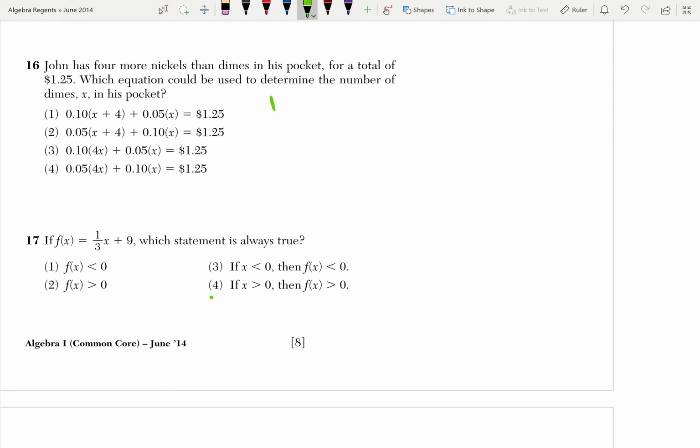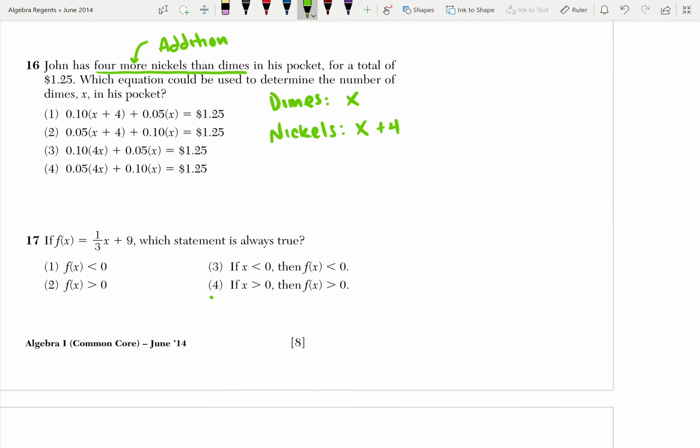Okay, so they've already told us that he has x dimes in his pocket. And in the beginning they told us that he has 4 more nickels than dimes. Whenever you see the word more, think addition. So here, whatever amount of dimes he has, that many plus 4 nickels. So x is the number of dimes, and he has x plus 4